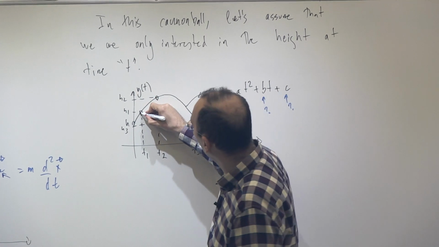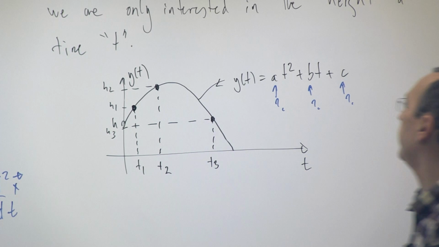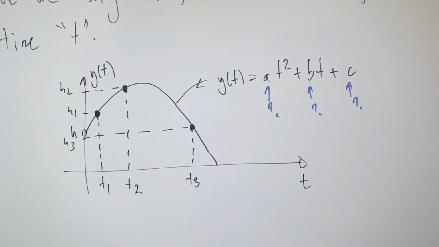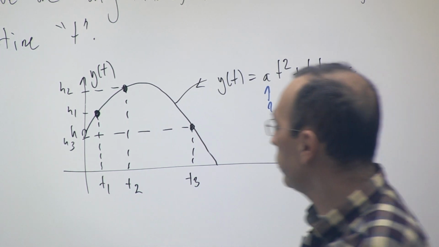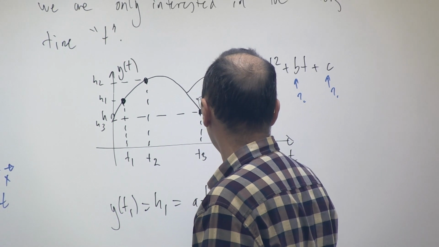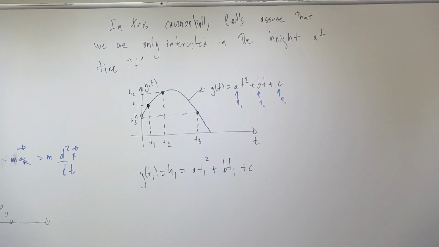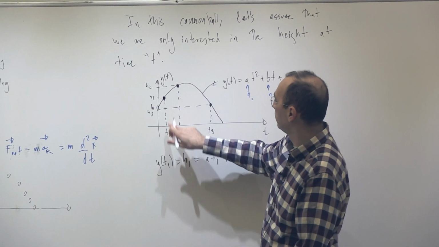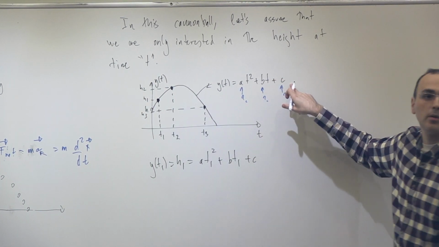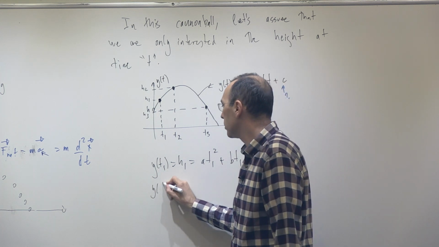So these are my observations. From these three observations, I should be able to solve for a, b, c. Am I right? Can I do this? Yes, I should be able to do this because it's very simple. Do you agree? At time t equal to t1, the height is what I have measured. According to physics, it should be equal to this. Then, one equation. So if I write three equations like this,